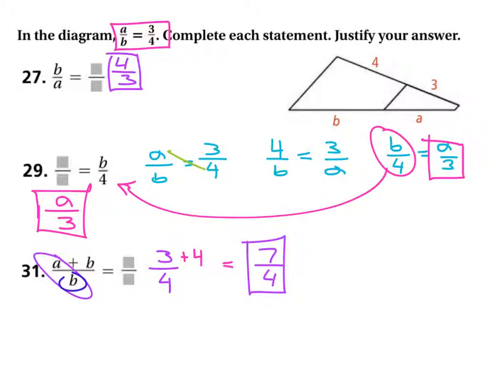All we've done there is we've essentially added 1 to both sides, because if a over b gets added with b over b, which is 1, we've added 1. Okay, so if 3 over 4 gets added with 4 over 4, which equals 1, to get 7/4, all we've done is add 1 to both sides, and that's the addition property of equality. So those are